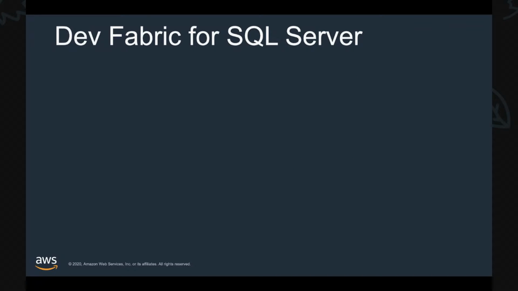So Dev Fabric for SQL Server is a 100% serverless solution built with AWS services. At the heart of the solution, we have AWS ECS again, Elastic Container Service. I'm trying hard selling that service today. So SQL can run on containers, we know it. But the solution is not just ECS. This is an ecosystem of other AWS services around Dev Fabric.